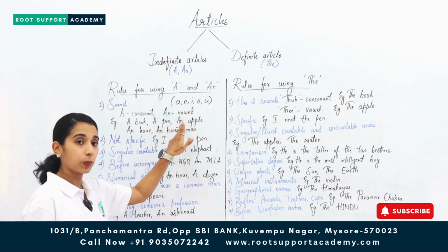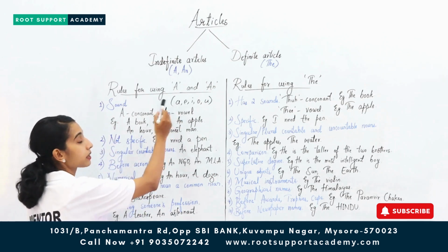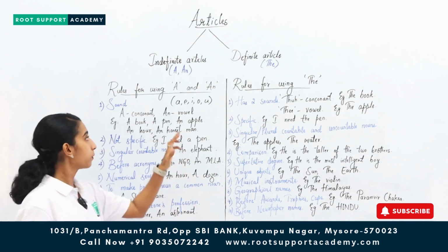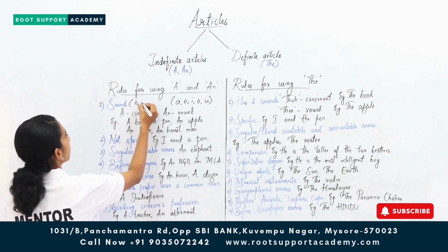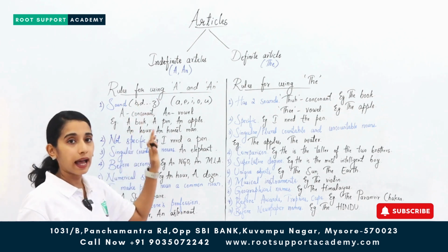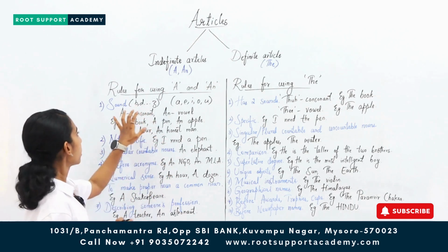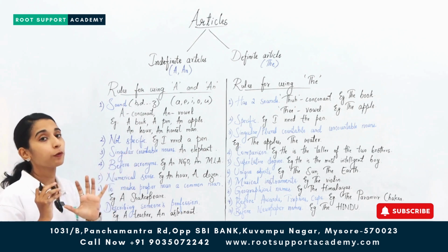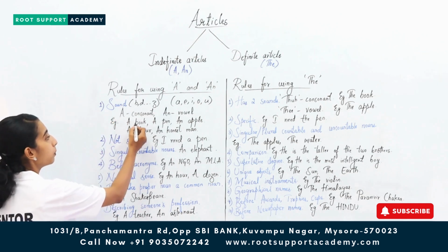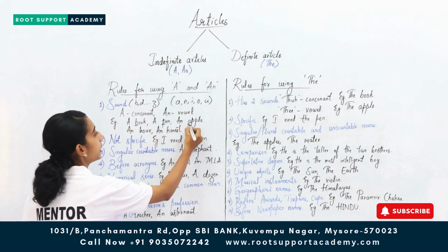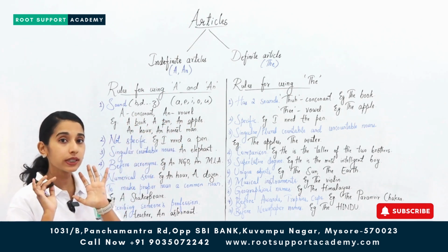And not just vowel, but also vowel sound. So we are focusing on the sound. Before any word beginning with a vowel or vowel sound, we use an. Apart from these, B, D until Z, all the other alphabets are called consonants, 21 consonants. Before a consonant or consonant sound, we use the article a. Examples I've written here: a book, a pen, an apple. So before a vowel, we've used an, and before a consonant, we've used a.